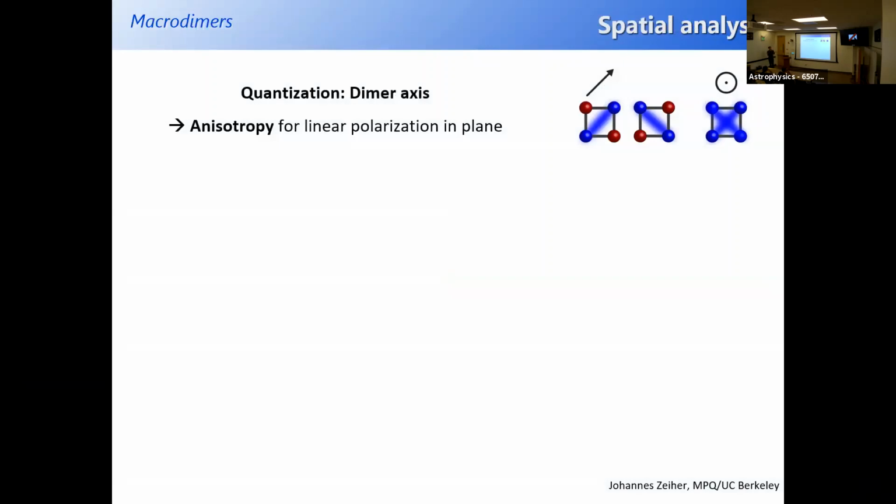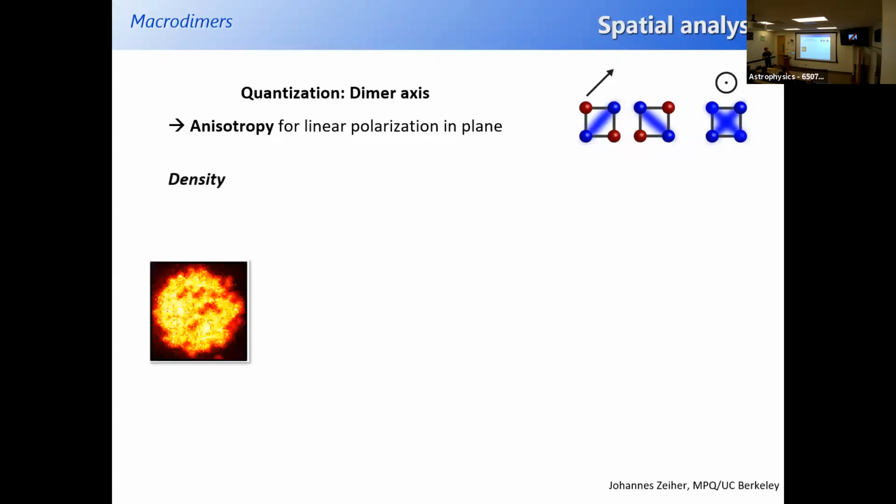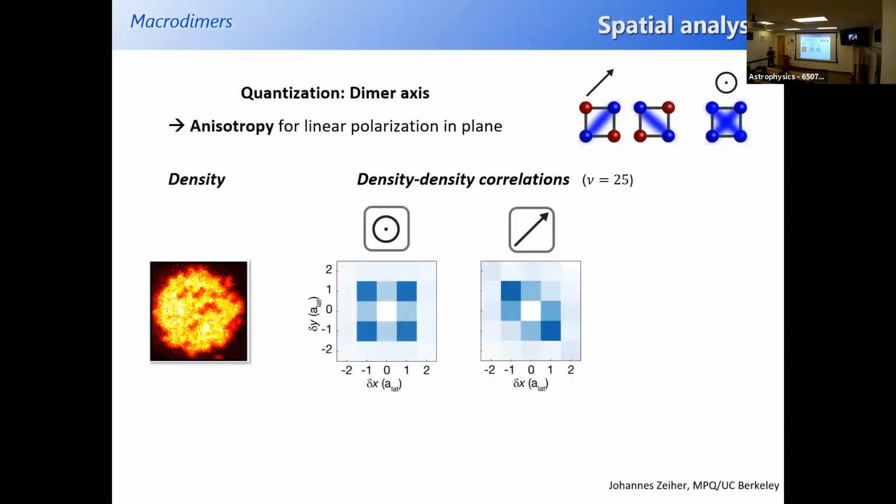You can intuitively guess that this might be the case, because depending on how you set your quantization axis, you either have the quantization axis orthogonal to the 2D plane, in which case you expect no specific angular orientation, or you can set your quantization axis in the plane, in which case there's a third direction of representation. So taking these density pictures, we can quantify what we see here using density-density correlation. We basically ask how likely is it for atoms to show up along one diagonal, or along the other diagonal, or in a symmetric way.